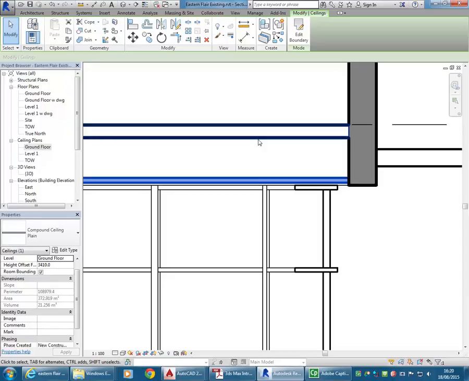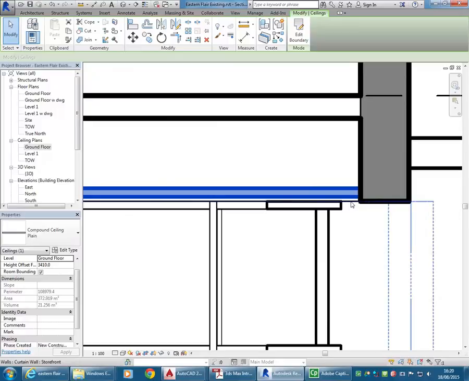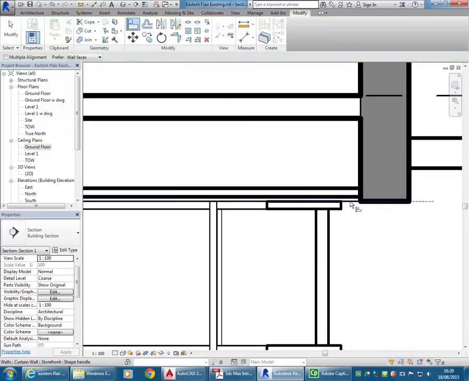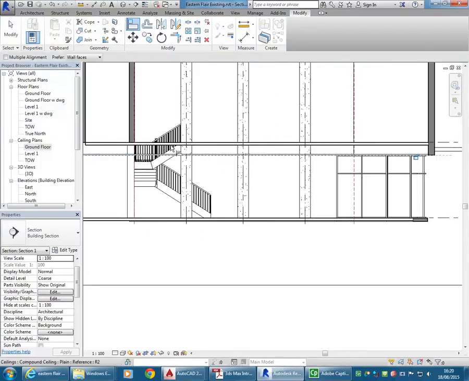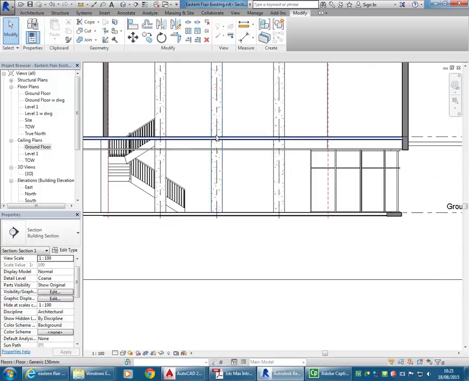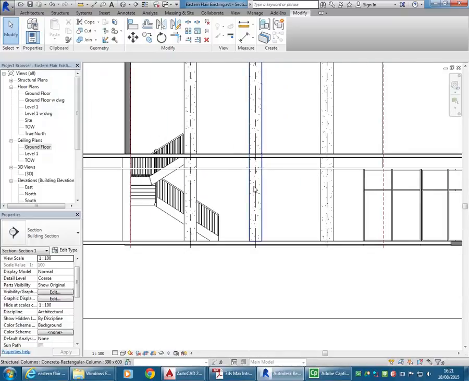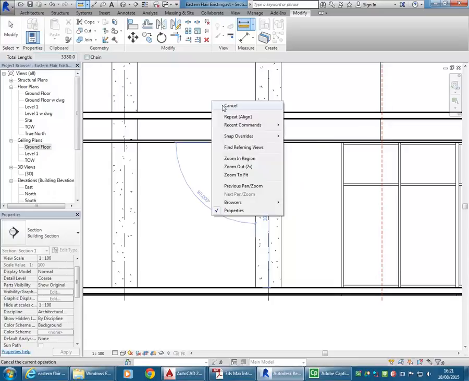and actually could have it in line with the bottom of that wall exactly. So I'll use the align tool and choose that edge and then align it exactly with that. So I've got a bit of a gap there between the floor and the ceiling, but that's something you can make use of. You could also raise the ceiling for part of that, but I just want to give you a basic idea how to make ceilings. So checking that height there, you can see it's still almost 3.4 metres, which is fairly